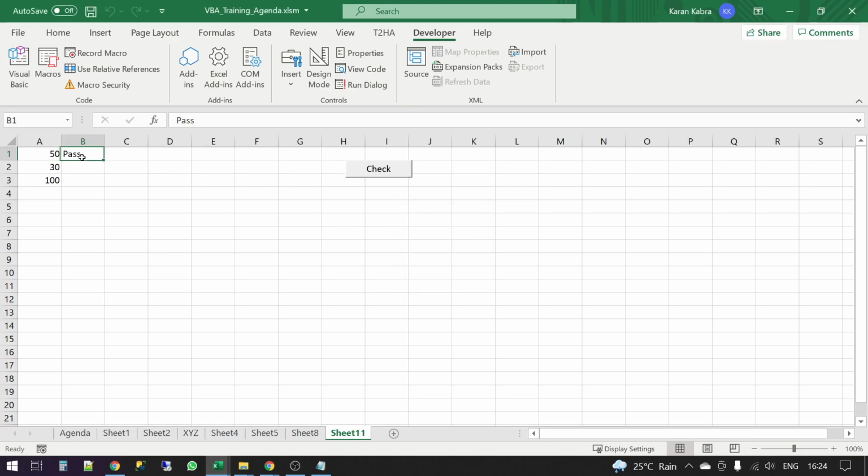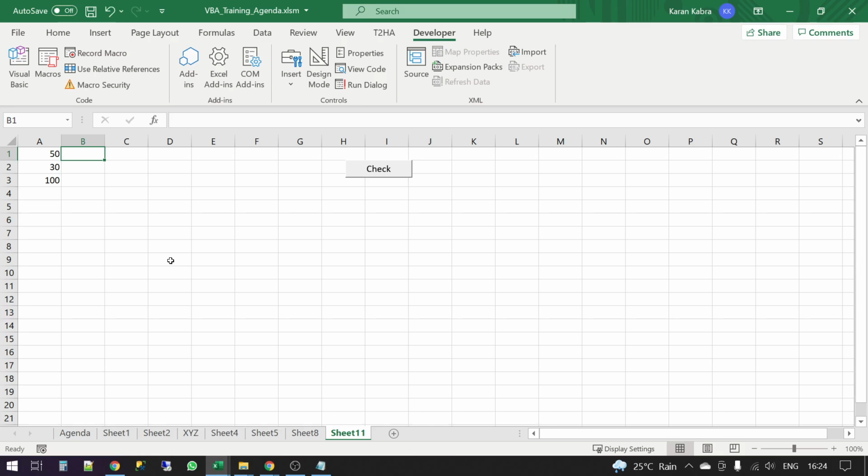Pass. Instead of manually doing 1 comma 2, can I use something to refer a cell in the right for writing pass fail? Yes, you can, but trust me, you don't want to do that. I mean, you can use things like offset, you can use relative column, etc., but it's even more confusing. I'll tell you how do you automate this.